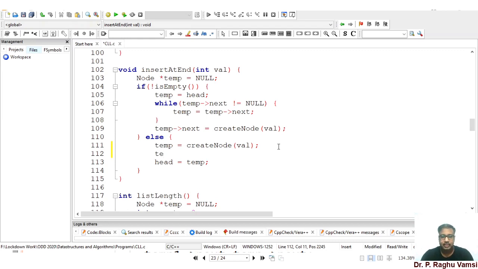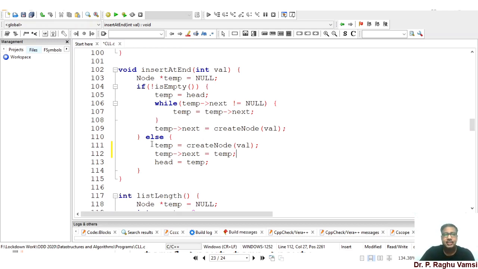So temp first will complete this by assuming that there is no list. So temp next is equal to temp, because if you have one node, then its next is itself. So that means whenever you create a node, then its next is its own address only.